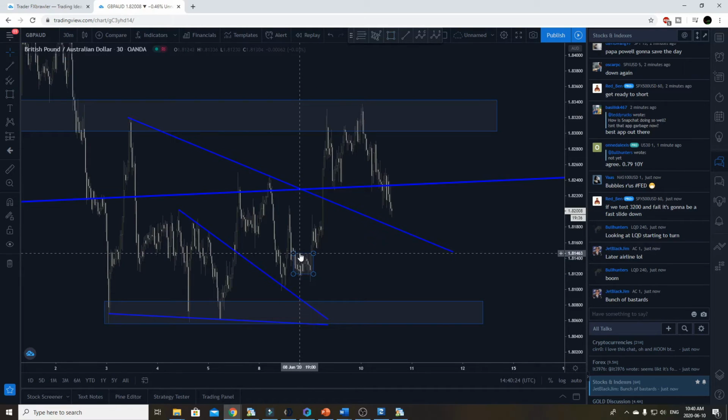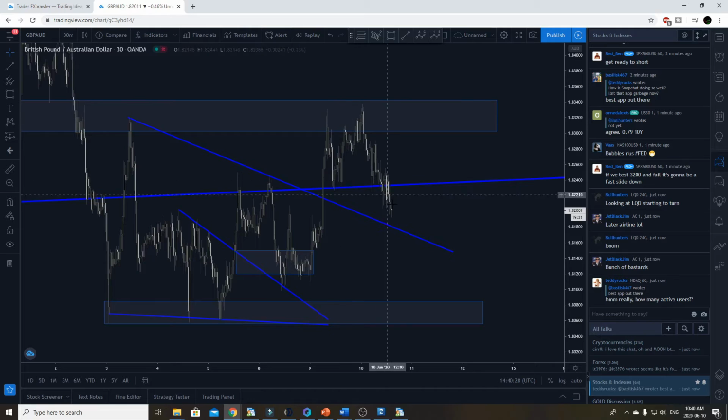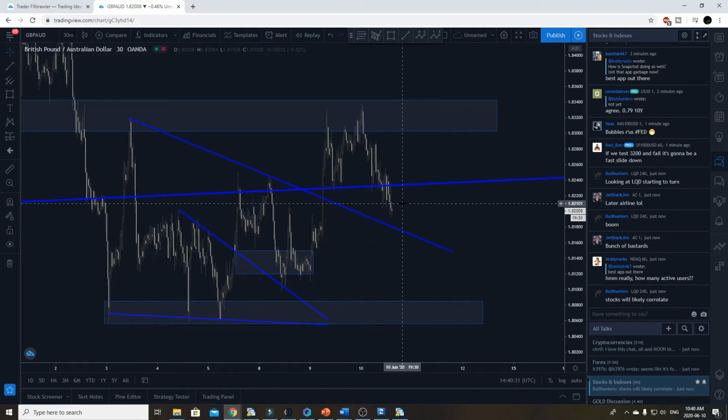So right now I'm long in this area around here, and it broke up. So I'm in profits. Right now I'm 56 pips in profits, and I'm expecting price to come and test this line at this point. And I'm not going to add anymore because I don't really like the trade, but I thought it was worth it